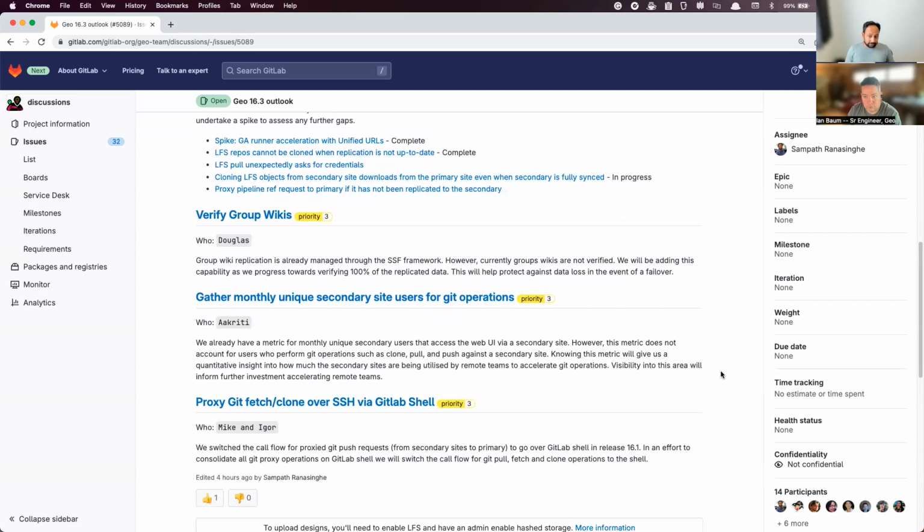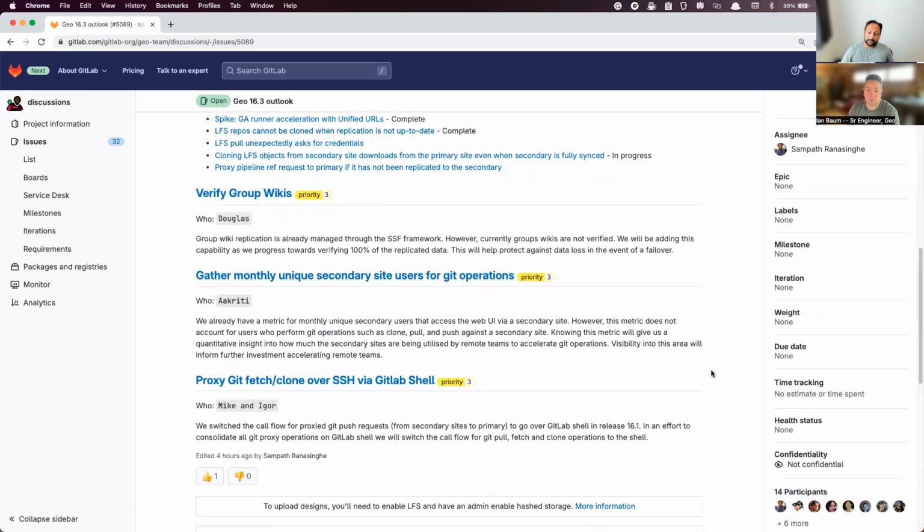So this effort is to help us capture that metric, to help us better understand how our customers use those secondary sites when it comes to Git operations. This will also help inform future decisions on enhancements around these capabilities that we build out for the secondary sites as well. So this is something that's in progress, and I am looking forward to getting some of the metrics